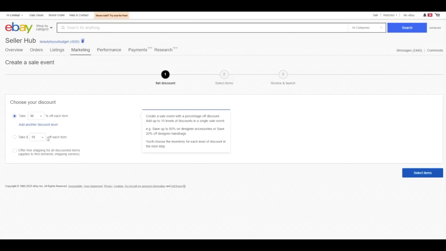You can also take a certain dollar amount off of each individual item. You can also check this box to opt to give your buyers free shipping during the time of the markdown sale. I will do somewhere between 5 and 10%. Of course, a lot of people think that the higher the discount, the better, but because I already price my items so competitively and I also run best offer on all of my listings, I don't want to run too much of a discount. So you would select whatever discount percentage you want, and then you would move on to